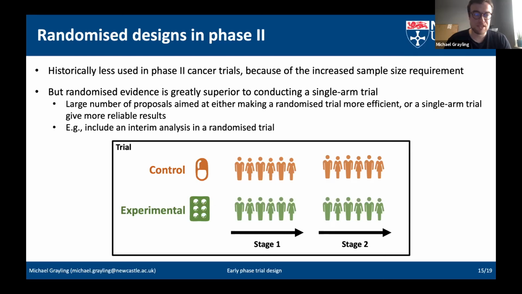But recently it's been argued basically that because randomized evidence is just so superior to non-randomized evidence, we need to move more towards using randomized trials in phase 2. So this has led to a large number of proposals in the literature, either for making a randomized trial more efficient so that perhaps they require a smaller number of patients, which makes them closer to a non-randomized evaluation and therefore more feasible, or there's proposals that actually look to make the results from a single arm trial more reliable